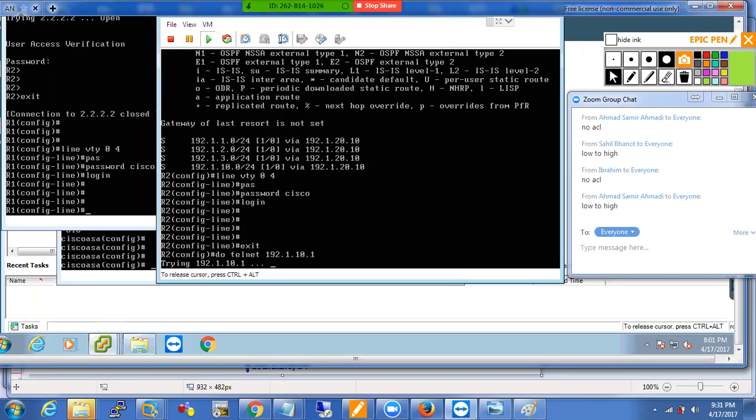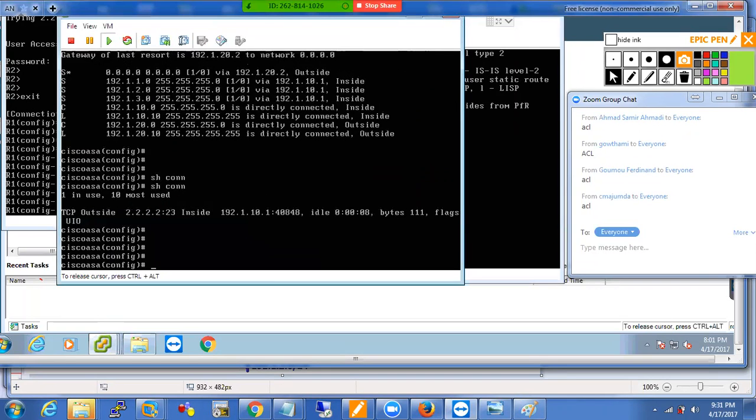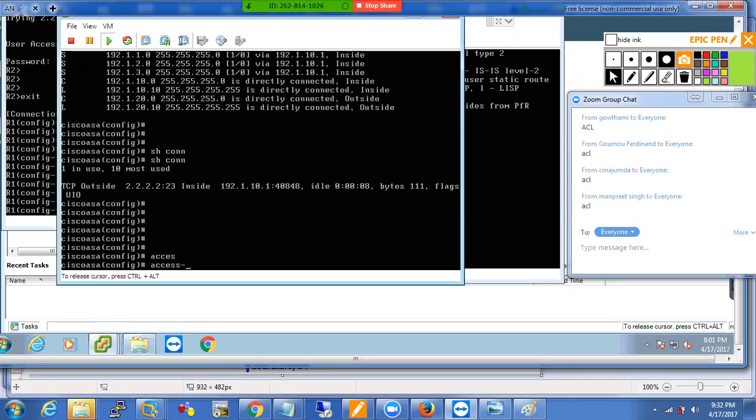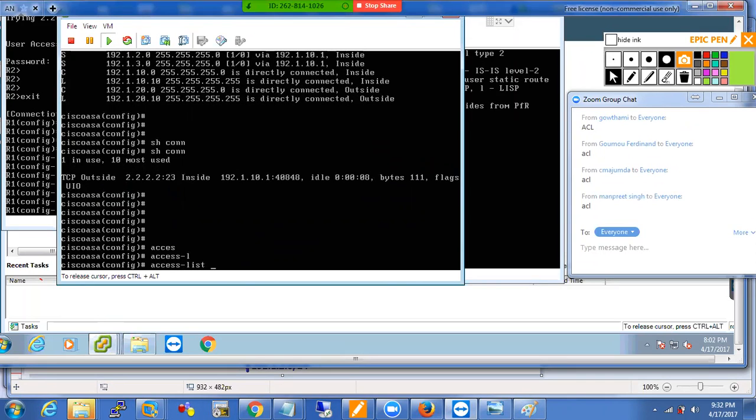What if I did want to allow low to high? Specific traffic. I want a telnet to work. I want a ping to work. How do I do it? Go to the firewall, create an ACL. The syntax: access-list, the name, whatever you want to call it, just a name. It's a named ACL. There's no numbers. It's always a name. It's always extended. So access-list ABC, just a name, permit, the protocol, which is TCP. I want to be more specific. I'll say host